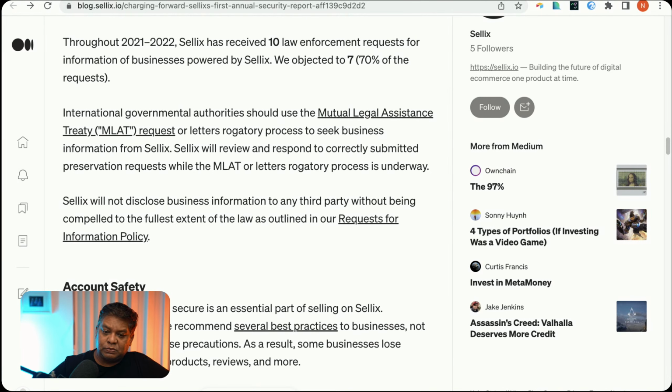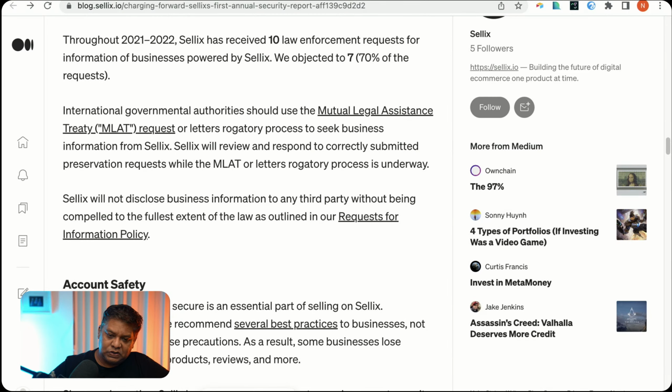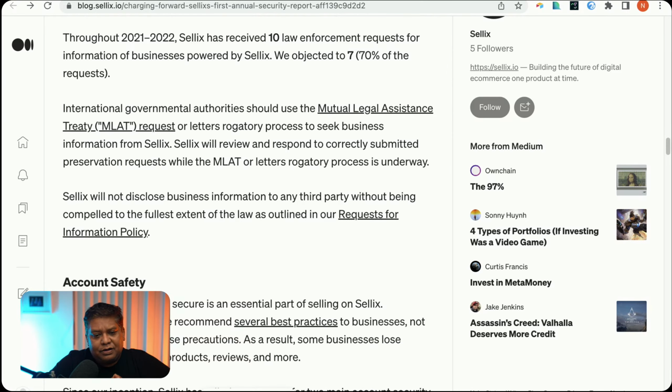Sellix will not disclose business information to any third party without being compelled to the fullest extent of the law as outlined in the request for information policy.